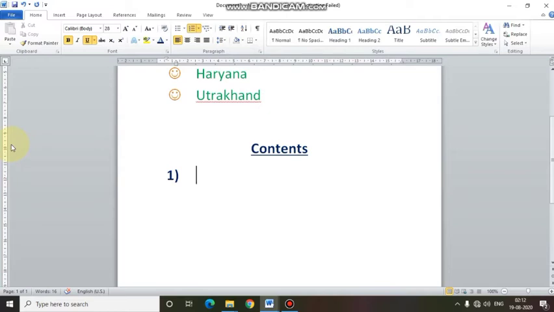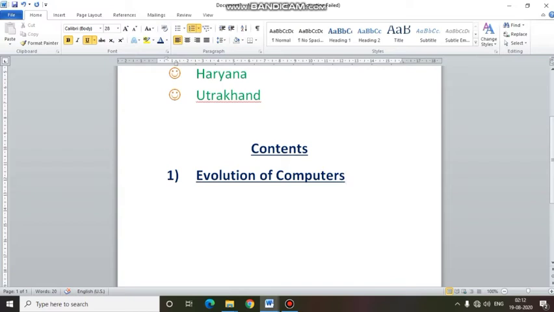The first chapter given in your book was evolution of computers. Let's type evolution of computers. Now let's press the enter key and you will see number 2 will come automatically just after number 1.